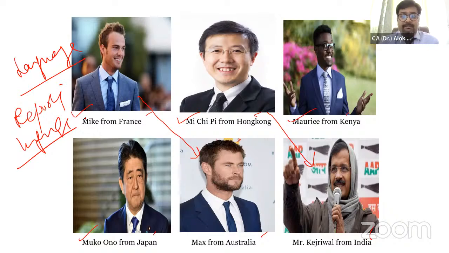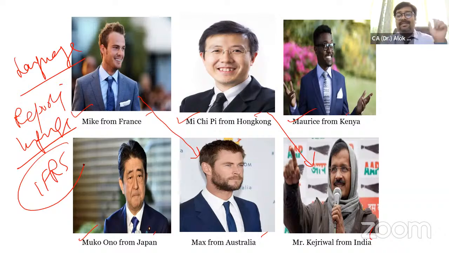And what could be that GAAP? That GAAP should be an international GAAP. That GAAP should be an accounting standard which is not country or geography specific. And what could that be? That will be IFRS. What is the full form of IFRS? International Financial Reporting Standards. We have seen that every GAAP carries the name of a country as a prefix. But in IFRS, there is no country name. In IFRS, it is International Financial Reporting Standards.